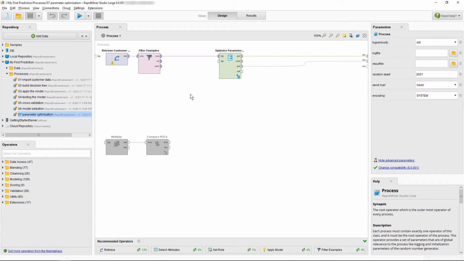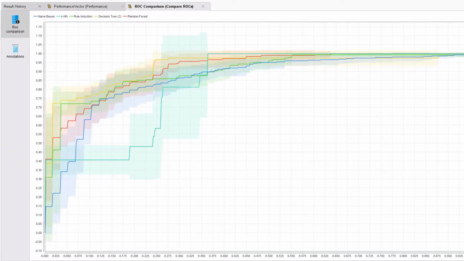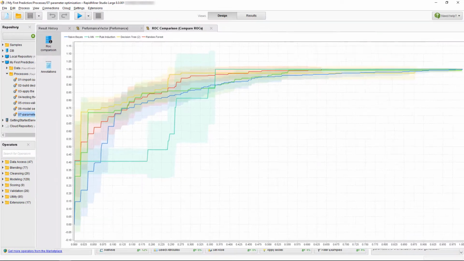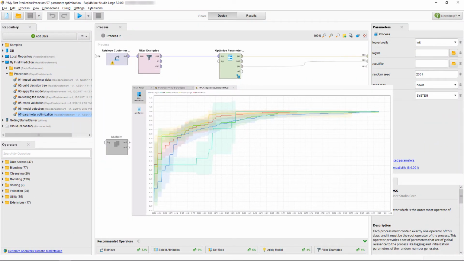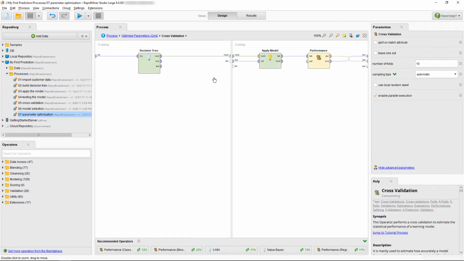In this process, we're optimizing the parameters of a decision tree algorithm, but during the tutorial on model selection, we saw that also random forest and rule induction are performing well on this example set. If we were to optimize the parameters for either, then one of them might actually perform better than our decision tree. To try that out, we could now swap out the decision tree here in our cross-validation manually, but that would not be elegant as we would need to repeat this and reconfigure the optimization each time for any of